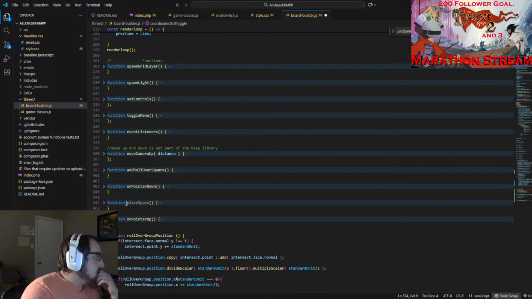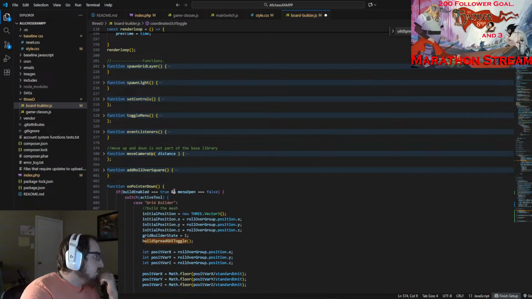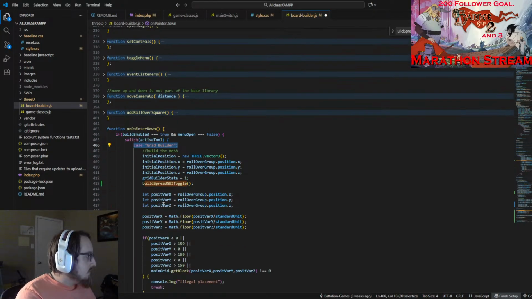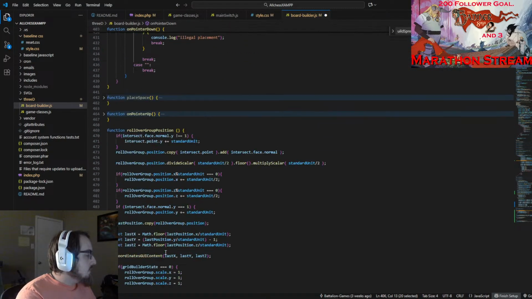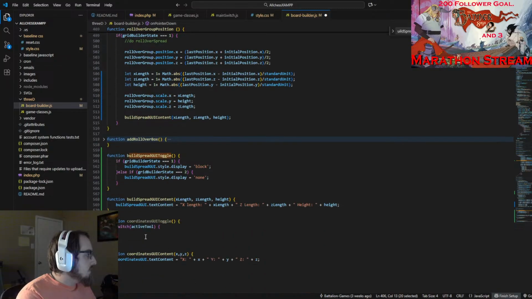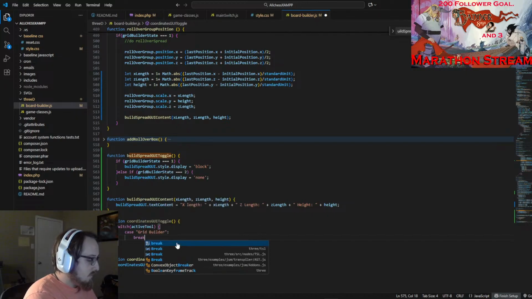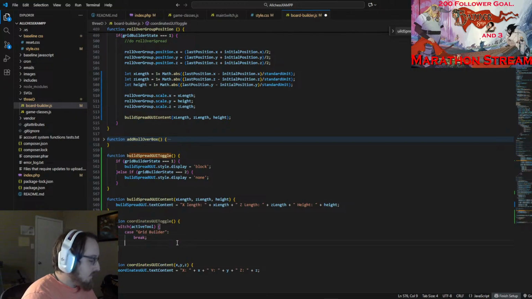So I need to look at on pointer down, because that's the other one where I'm doing active tool. Yeah, case grid builder. And then case